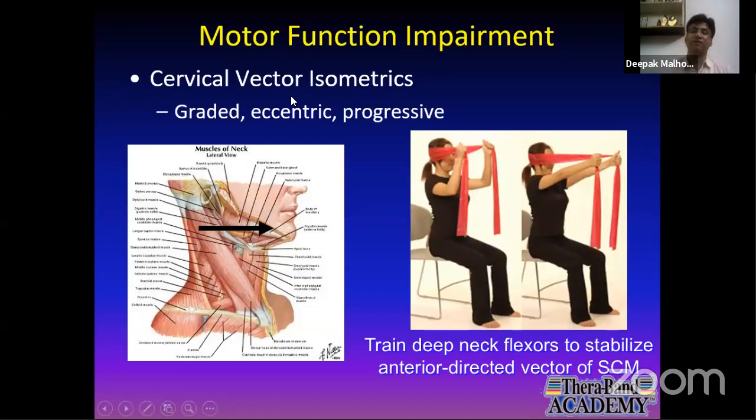Now, motor function impairment, you can use vector isometrics. Now, graded eccentric progressive exercises, you can use the bands to train the deep neck flexors to stabilize the anterior directed vector of SCM. Whenever there is overactivity of SCM, because it is oriented diagonally, overactivity leads to forward head, and there is weakness of deep cervical flexors, longus colli and longus capitis. So you can use this specific exercise to train the deep cervical flexors,